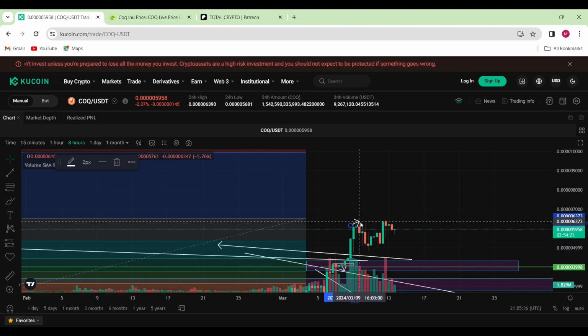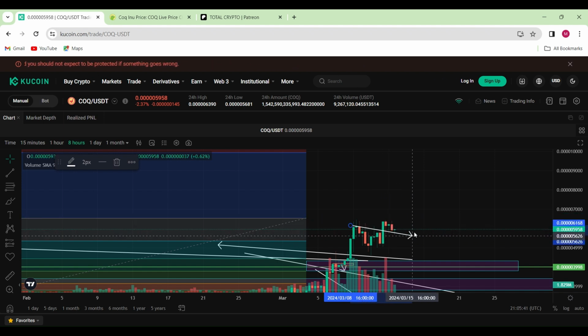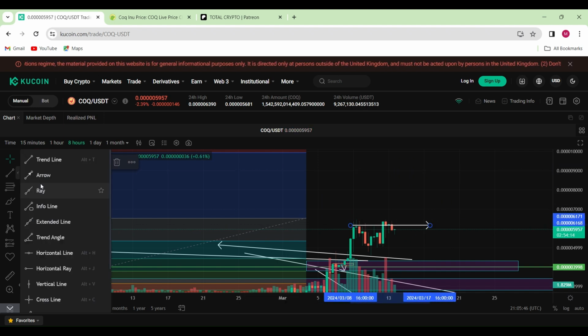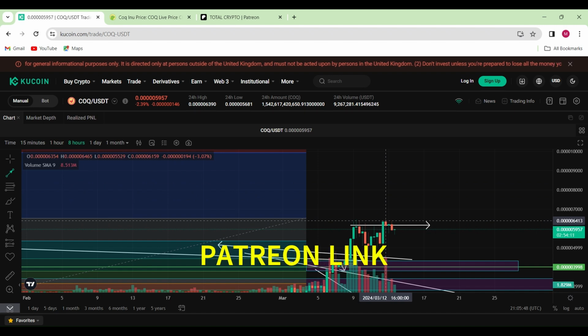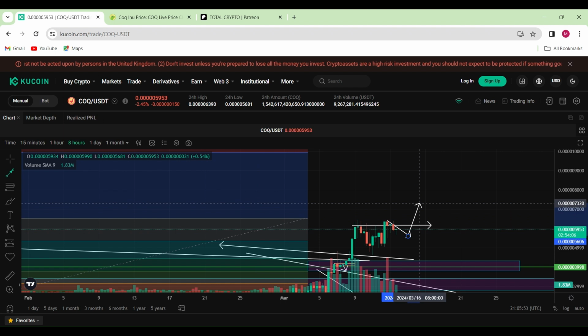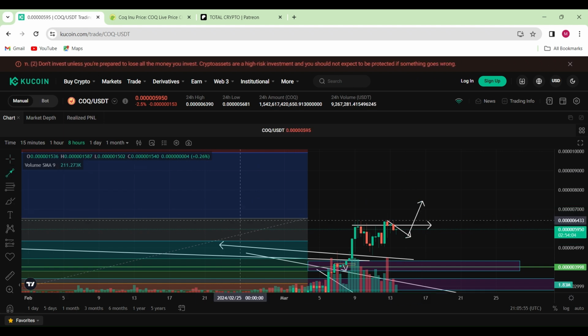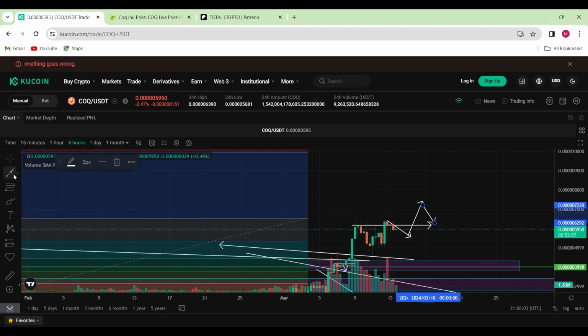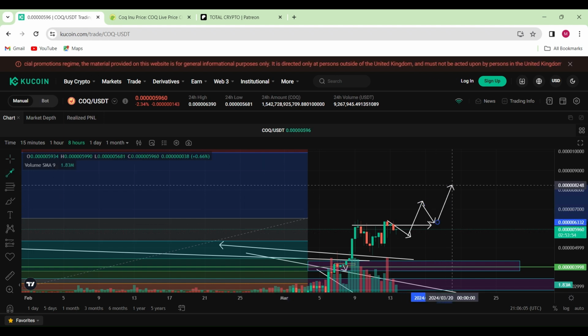We moved up to here, we went down, moving up. I can see us coming back down before continuing moving up, and quite possibly doing something like this, which is plausible really. We could be doing it like that, and then make our way up, breaking this high, coming up and using this high as a support, and continuing our way to the upside of 312% move to the upside. However,